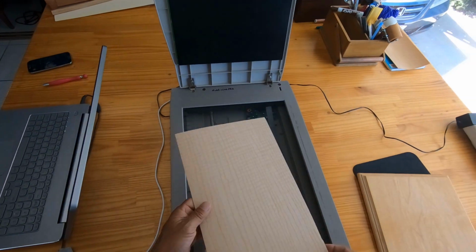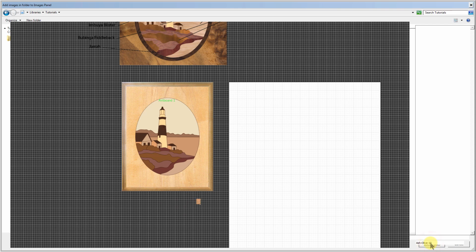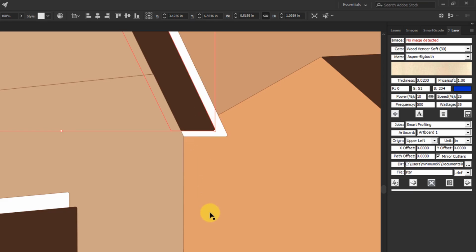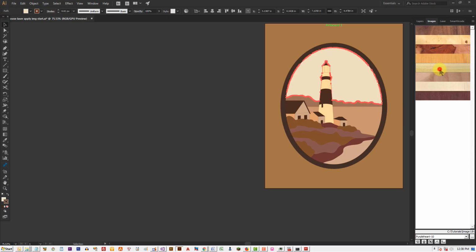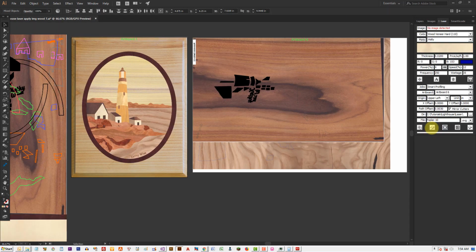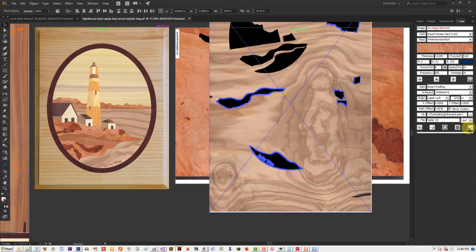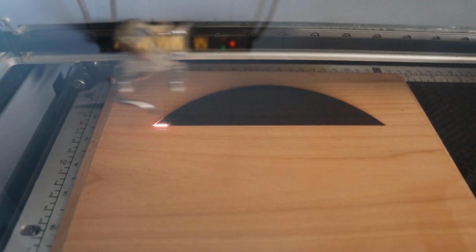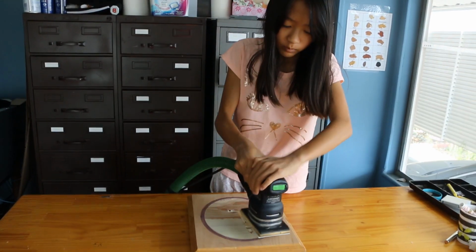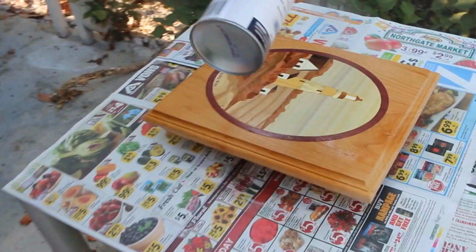In this video, I'm going to scan the wood veneers into JPEG images, add them into the Images panel, round the sharp corners to the laser beam radius, paint the artwork with the scanned images, add text to the design, create the laser toolpaths, cut the wood veneers, update the image to contain the cutout area, create the pocket, assemble the cut pieces, glue the assembled pieces, sand the artwork, and finally spray on 2 coats of lacquer.